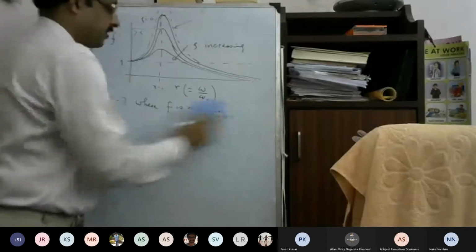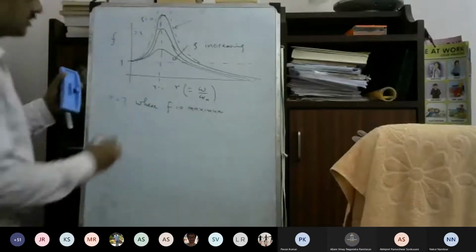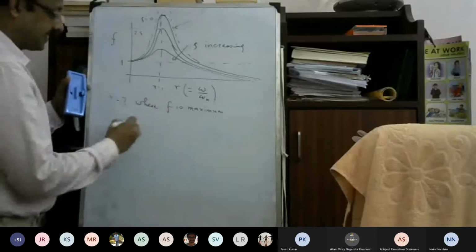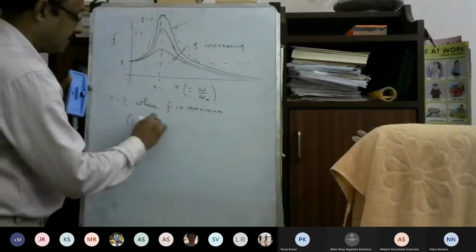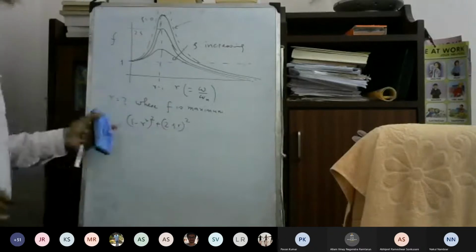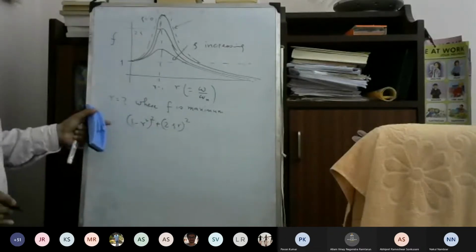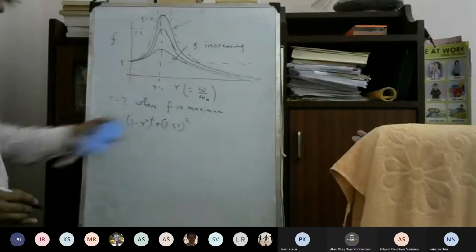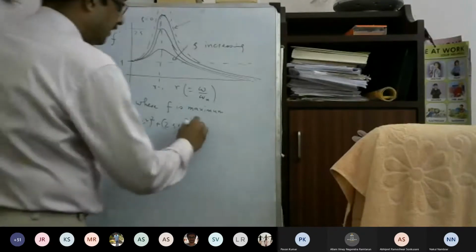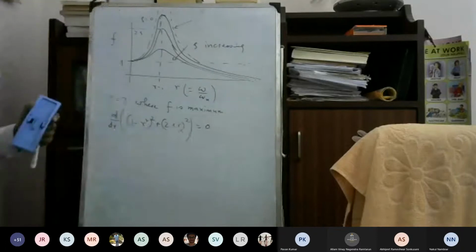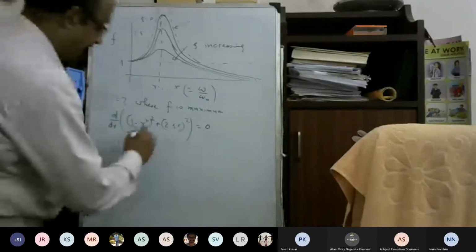It means that when f is maximum, this (1 minus r square) square plus (2 zeta r) square has to be minimum, because this is appearing directly in the denominator. So d/dr of this will be equal to 0, and this gives us